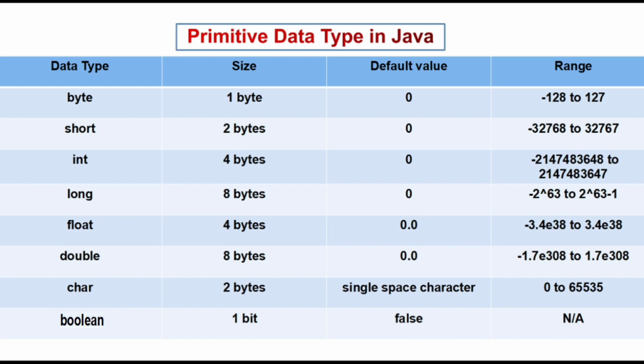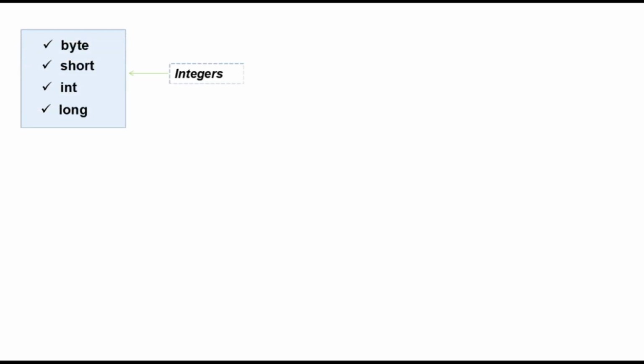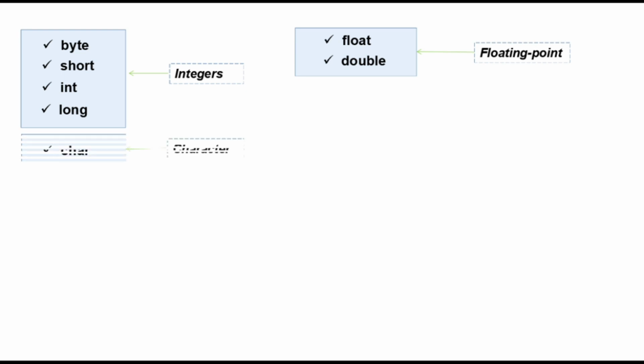So now while writing our code, we decide which type of primitive data type we are going to use as per our requirement. As we have discussed, we have 4 primitive data types of integer type, and then we have floating type data types, that is float and double, and char is the primitive data type for character type, and boolean is the primitive data type for boolean type. So these are the 8 primitive data types. If you are writing code in Java, then every programmer should know these 8 primitive data types.